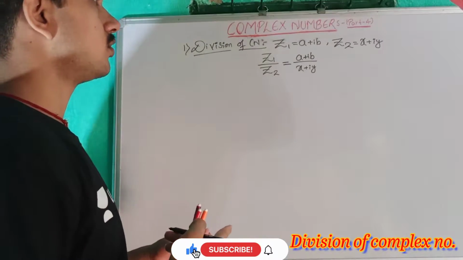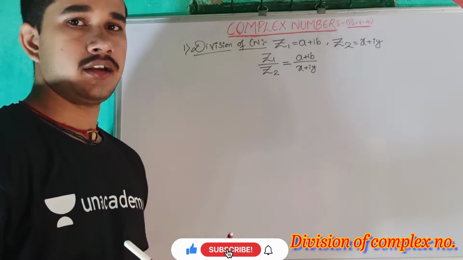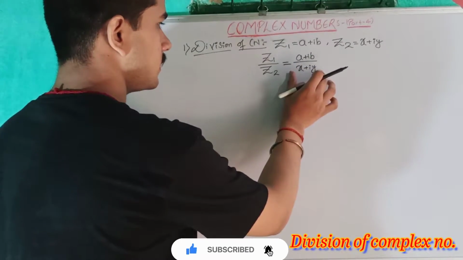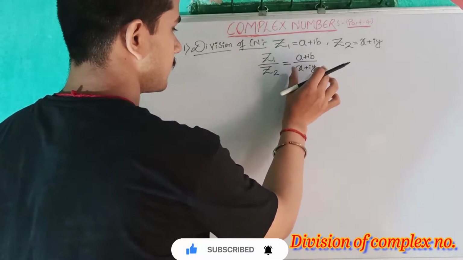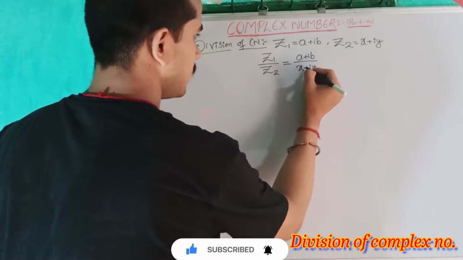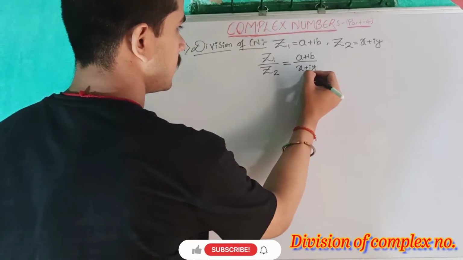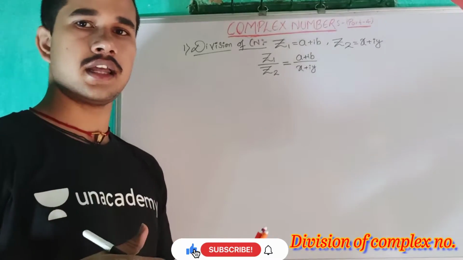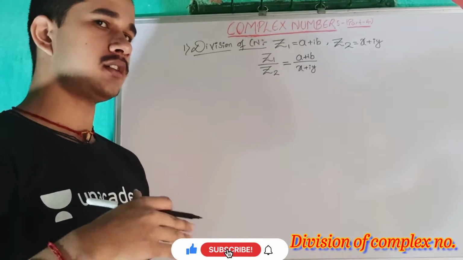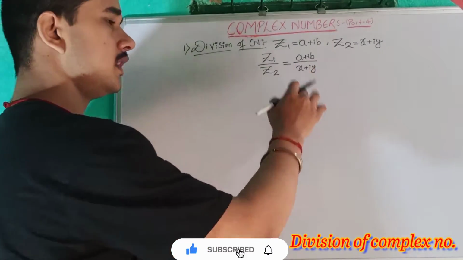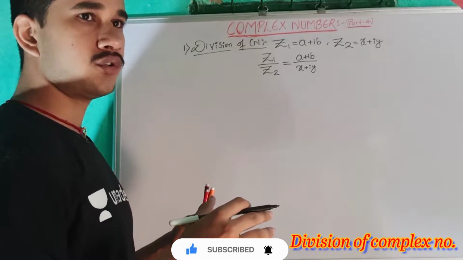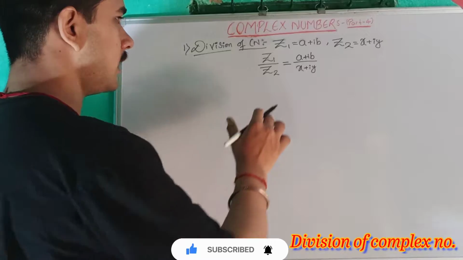After this, you know the rationalization of two complex numbers. Rationalization is nothing but taking the denominator, and the symbol of the imaginary part here is plus. So the symbol of the imaginary part will be interchanged: if it is plus, then it becomes minus, and if it is minus, then it becomes plus in the rationalization process. And after that, what we do is multiply and divide by the obtained thing.